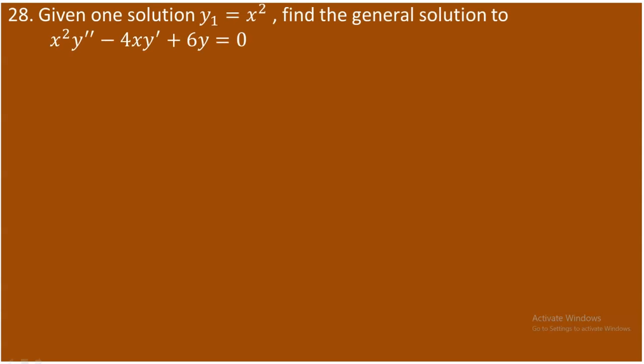Okay, students, let's proceed to the next question, and it is about solving the second order differential equation given one solution, y1 equals x squared. So how are we going to find the general solution for this? Basically, we have derived a certain formula in order to find the second solution, provided that the first one is